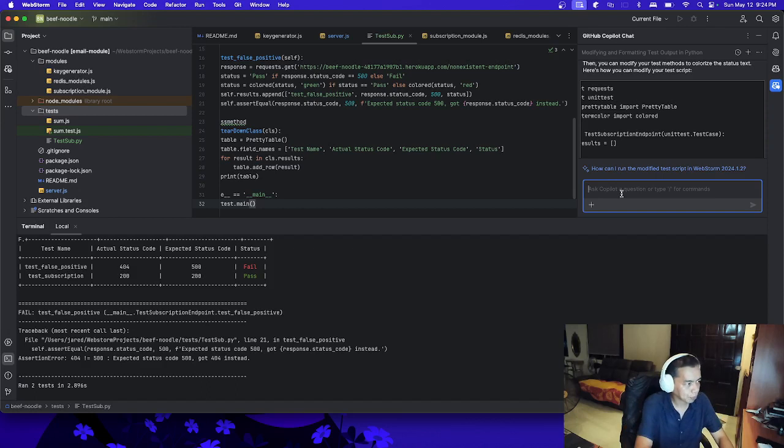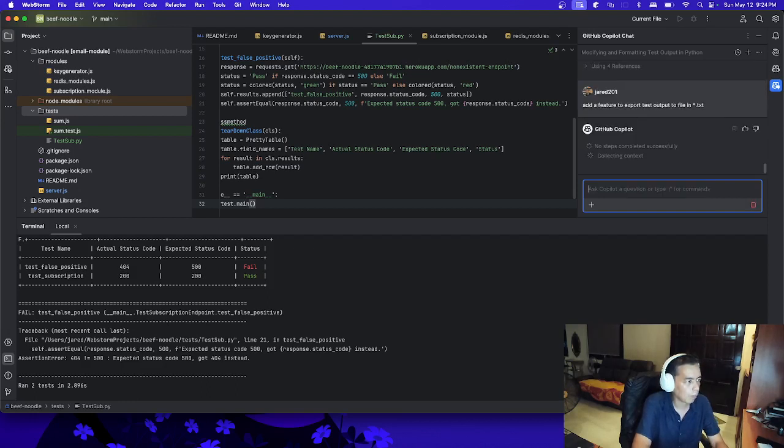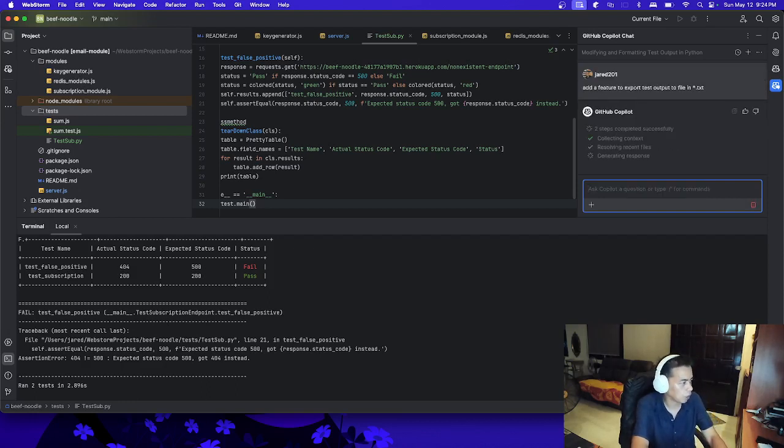So let's do that. Add a feature to export test output to file in PDF. Or let's say in text format. Let's do that first.